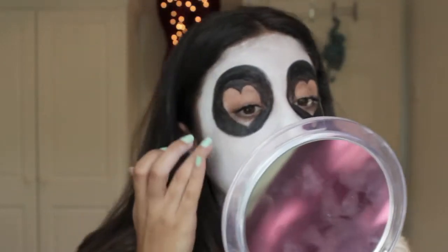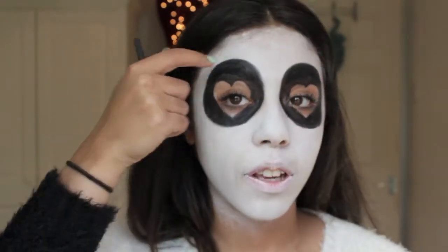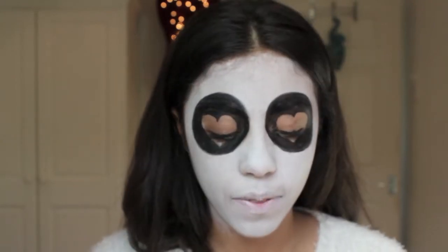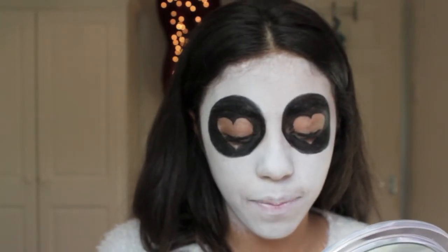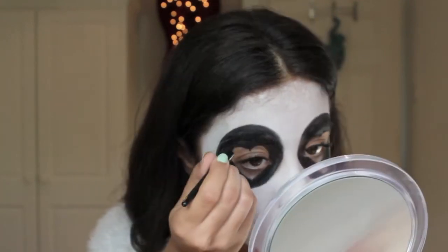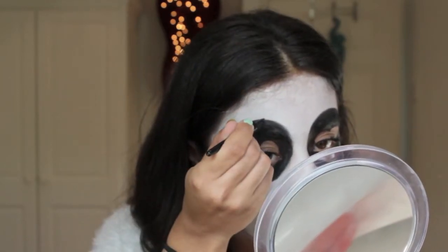Okay, so you should have something like that. That was genuinely harder than my maths GCSE, and I'm awful at maths, so that's just a little insight. But you want to try and get something sort of even. It's not going to be perfect, but as long as you get the effect and make it really colourful, it will look really good. So now we're just going to create little half circles all around, like frilling. I'm just going to take the liquid eyeliner again, and just make little